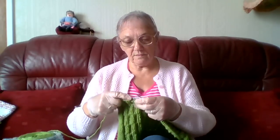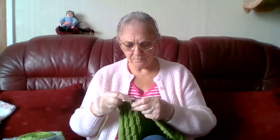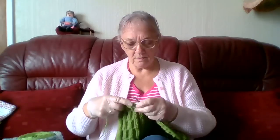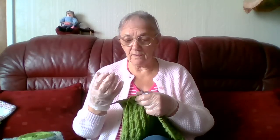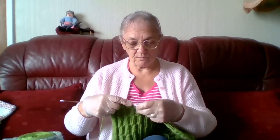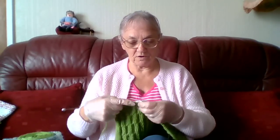I'm busy doing a bit of the green cardigan, and I knitted a few rows without anything on my hands, but I've had to put the gloves on because I could feel the itching starting on my hands. I wish I could knit longer because